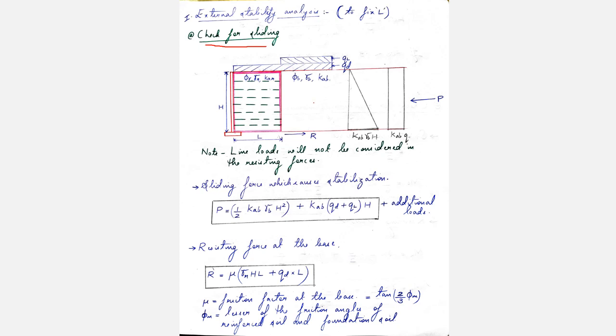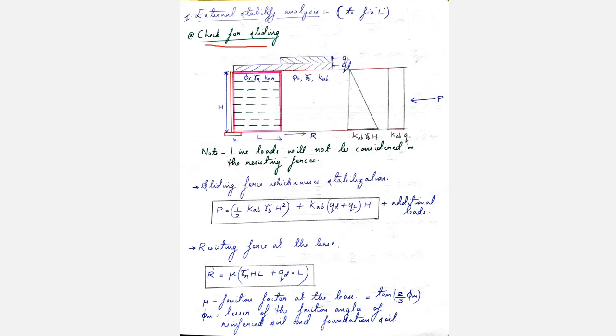Okay, so when we are calculating the forces, this triangular variation is actually an effect of the self weight of the backfill soil, whereas this rectangular variation is an effect of the additional surcharge load which is coming on the rigid block. Okay, so in order to calculate the forces, we just need to take the area of these diagrams. Here we have the self weight of backfill soil, which is a force exerted on the rigid block, and then we have the surcharge loads in the form of dead load QD and in the form of live load QL.